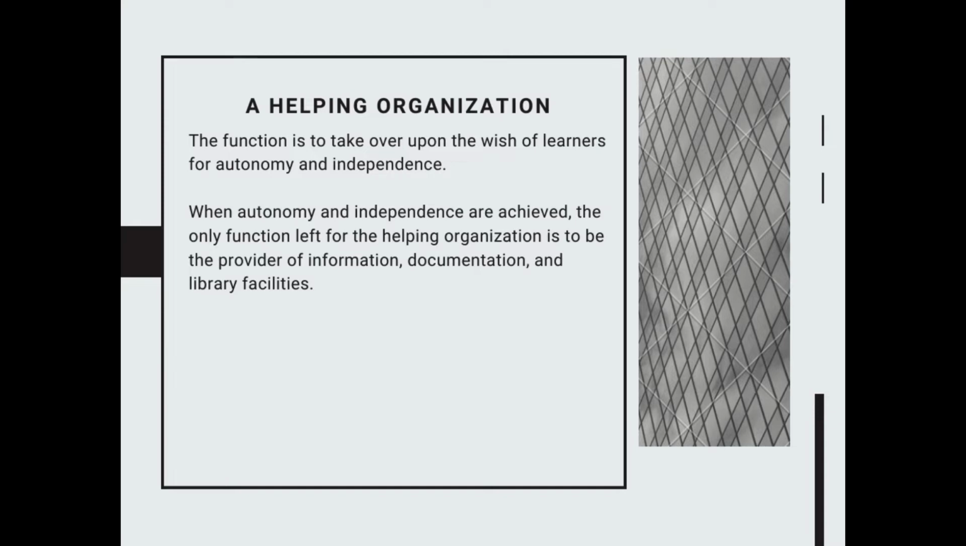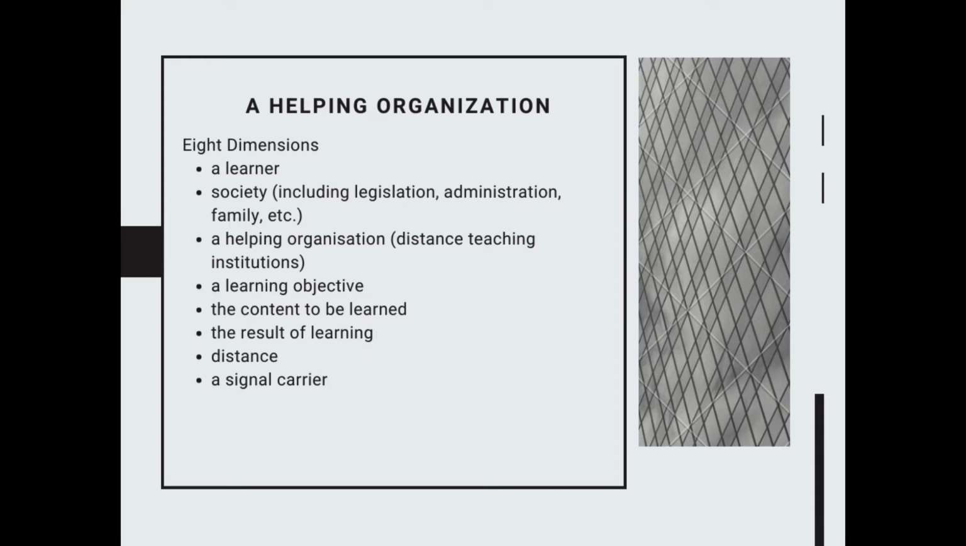When autonomy and independence are achieved, the only role left for the helping organization is to be the provider of information, documentation, and library facilities. In 1978, Delling lists 8 dimensions since he always believed that distance education has a multidimensional system of learning and communication processes: a learner, society, including legislation, administration, family, etc., a helping organization, distance teaching institutions, a learning objective, the content to be learned, the result of learning, distance,